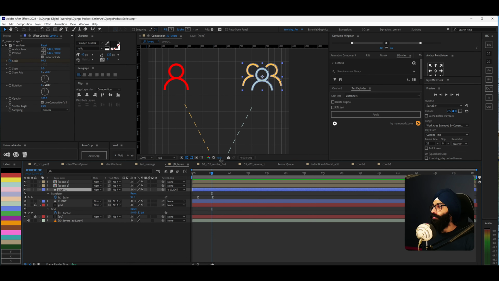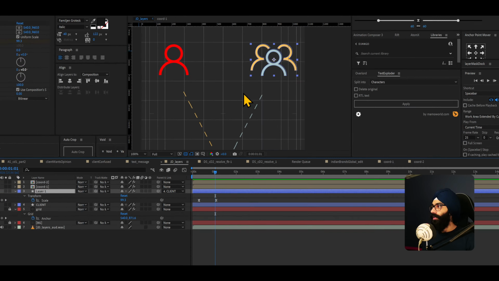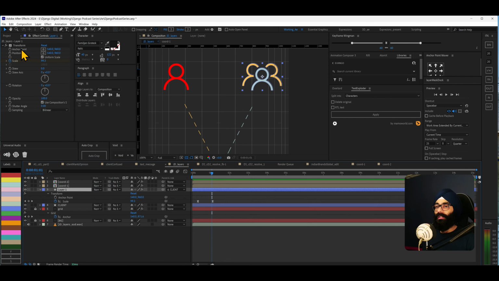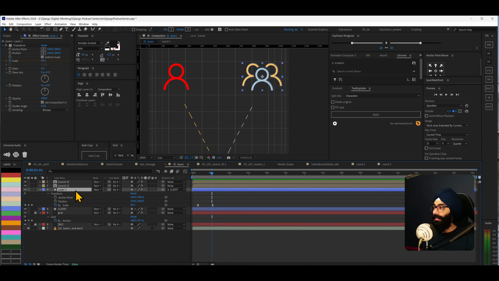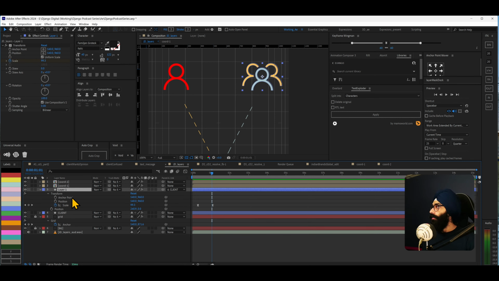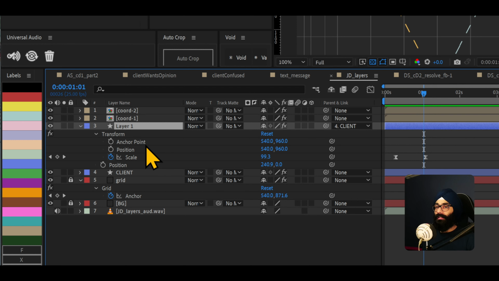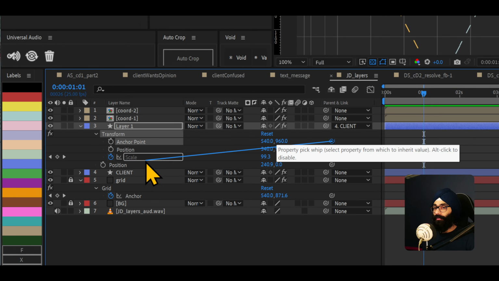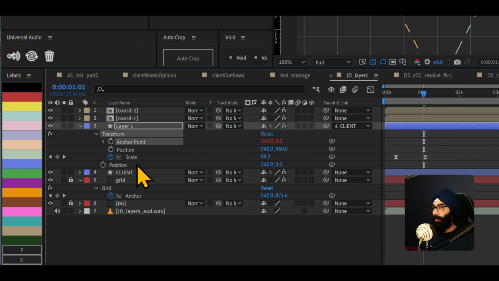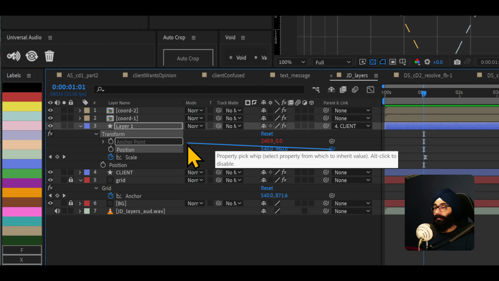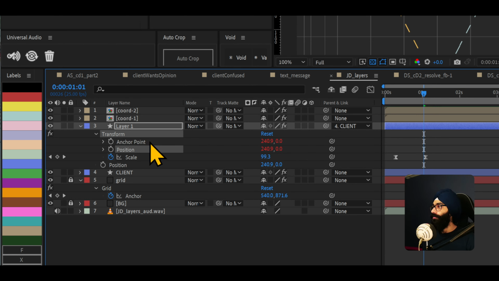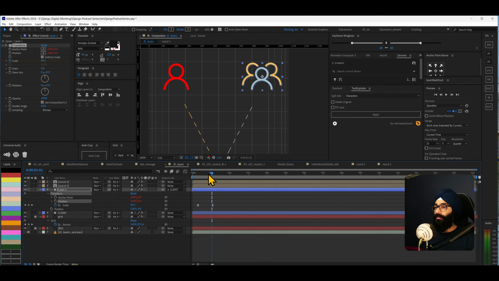So the easy way to fix this situation is, you want to double click here, so you find the transform effect's anchor point, the transform effect's position, and then with this layer you want to say Shift P. Now how you fix this is, you want to take the anchor point of the transform effect, pick whip it to the position of the layer, and then you want to take the position of the transform effect and pick whip it to the anchor point of the transform effect. And now if you see,